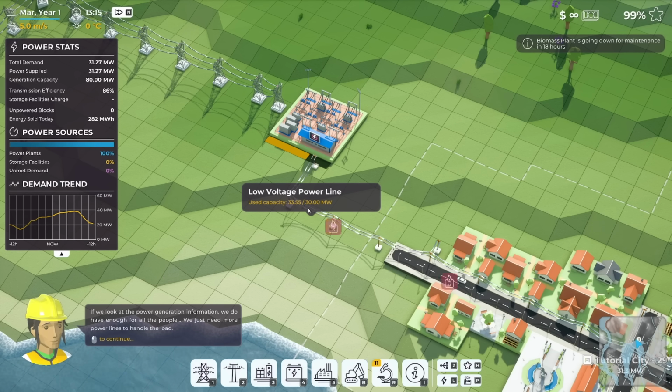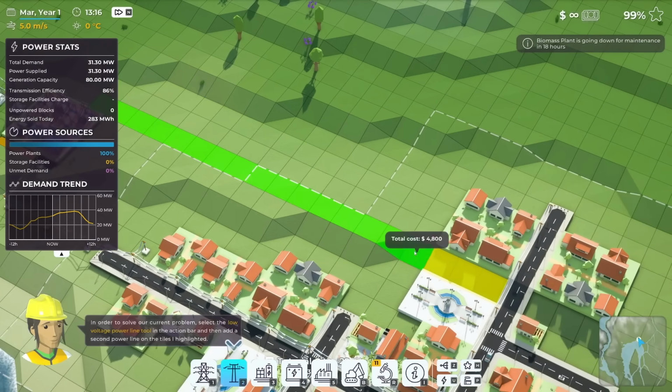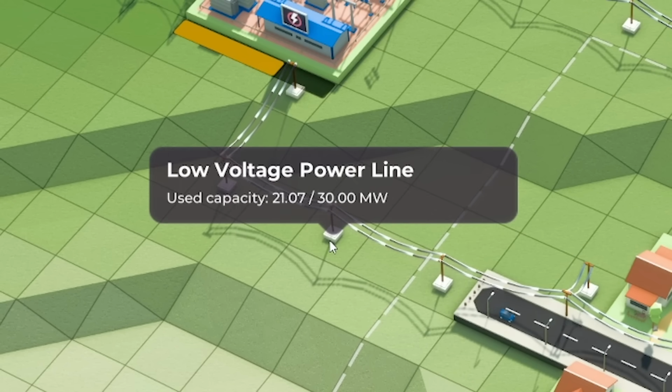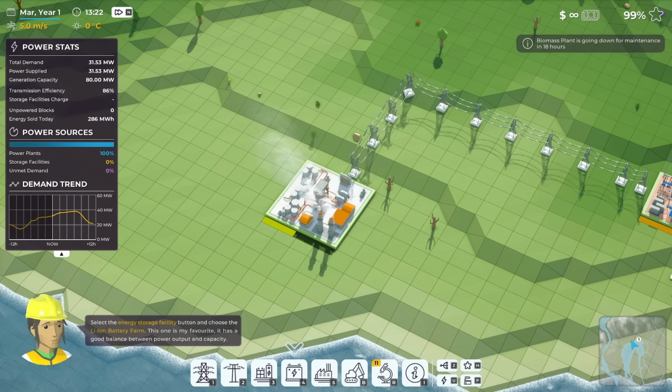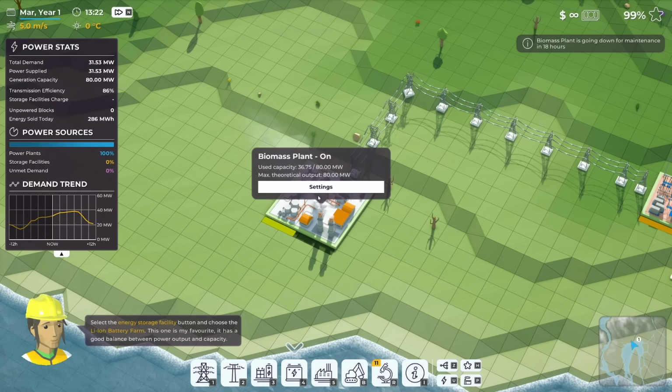So we need to add some more low voltage power lines to try and split this up. So if we build another line along here, you can see when we hover over these now, 21 coming out there, 12 coming out there. Lovely. Right, so I've just been told this biomass plant, obviously it produces a certain amount of energy